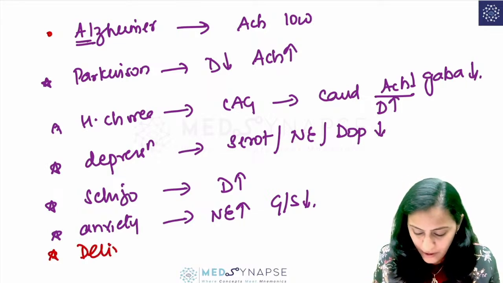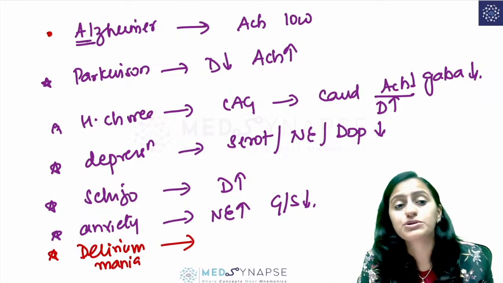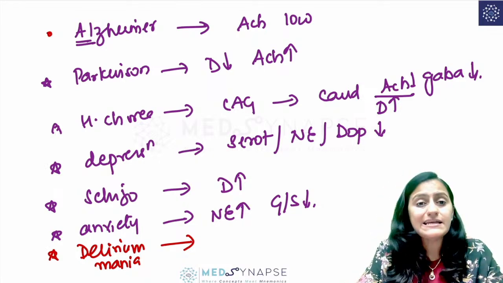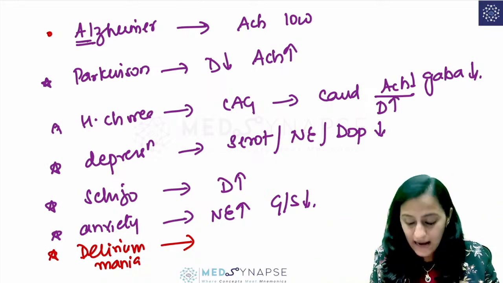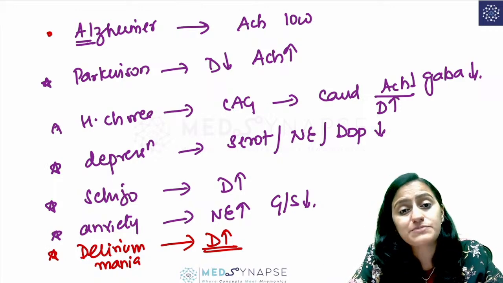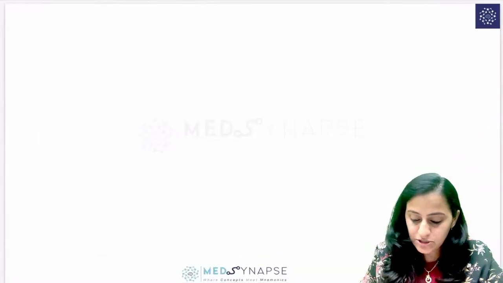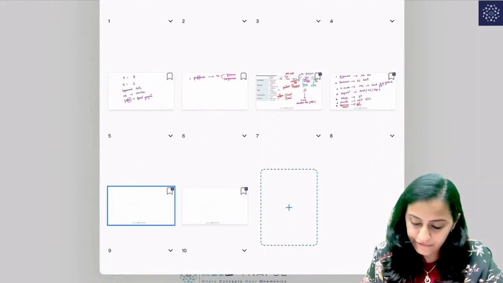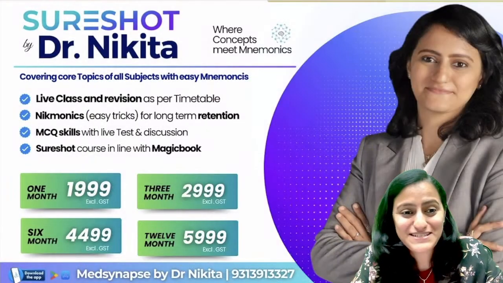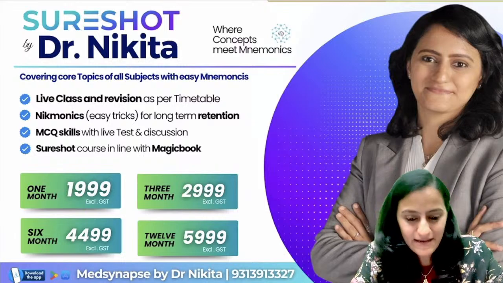Another important point, remember what happens in delirium or mania, right? Delirium is the acute disoriented state, classically very common in the ICU. So what happens in delirium or mania? Again, the patient is in a high state, which basically means the dopamine is going to be high. The dopamine is going to be high in delirium or in mania, right? So this was the quick summary of your neurotransmitter changes in disease. I hope this is now easy. The table which seemed very confusing and intriguing at the onset, I hope it's now easy, right?